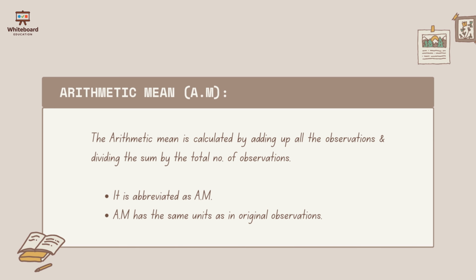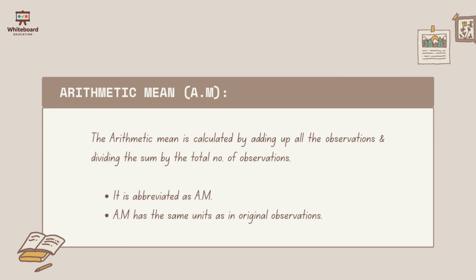It is one of the most commonly used types of average. Anyways, the arithmetic mean is calculated by adding up all the observations and dividing the sum by the total number of observations. It is abbreviated as A.M. Arithmetic mean has the same units as the original observations. Meaning, if all the observations are in meters, then of course, the arithmetic mean will also have the same unit,